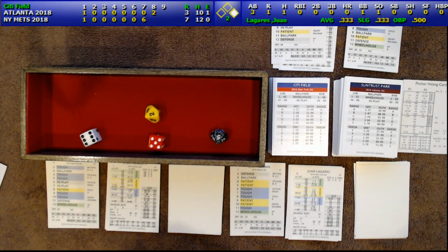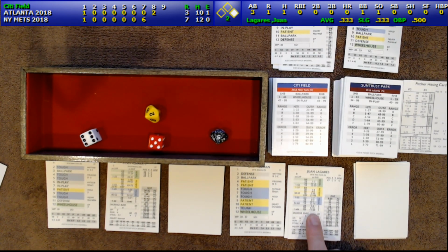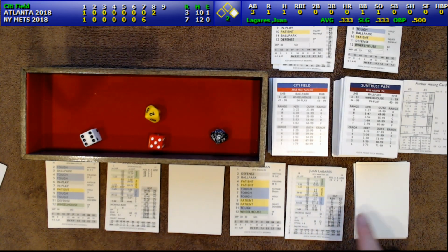Yo, Evan, tough, 52. Tough, 52. And this card is screwed up as well. No, it's not. What am I thinking? 52. Wow. Juan Lagares. He's very good versus lefties, but not very good against right-handers. But it shows a 379 average. I think there's something wrong with this card. But anyways, a 52 is